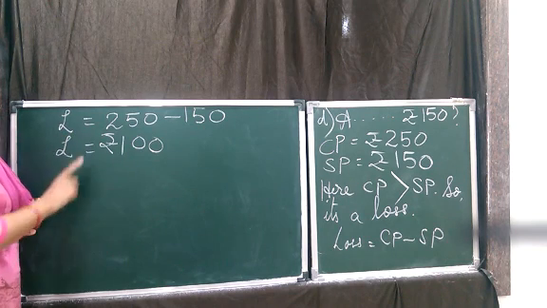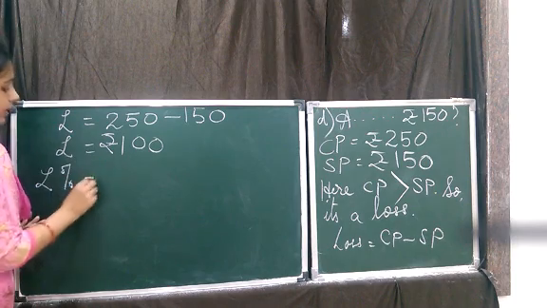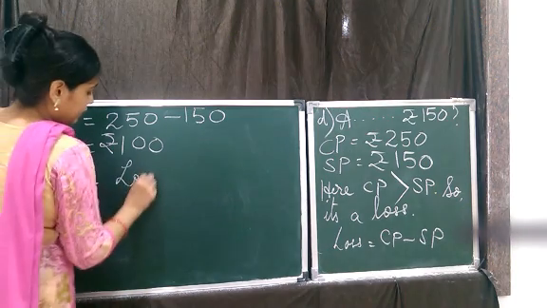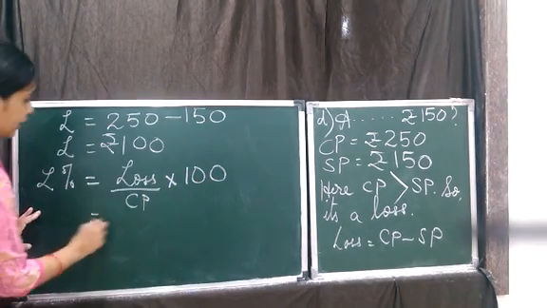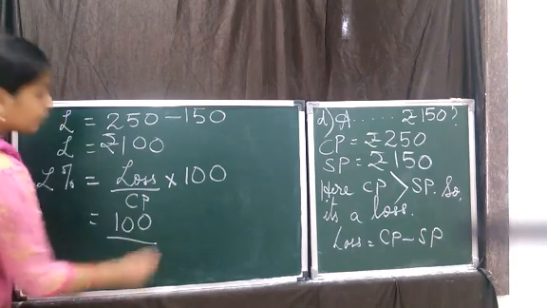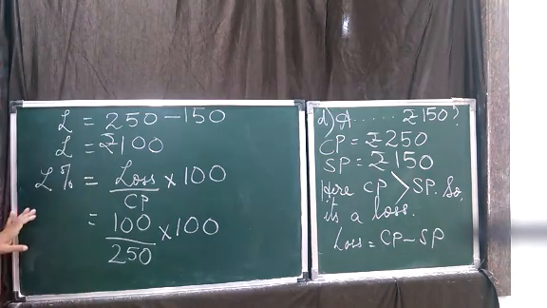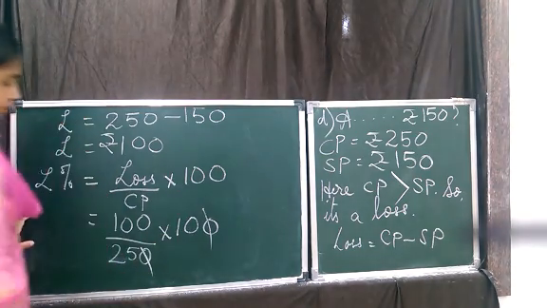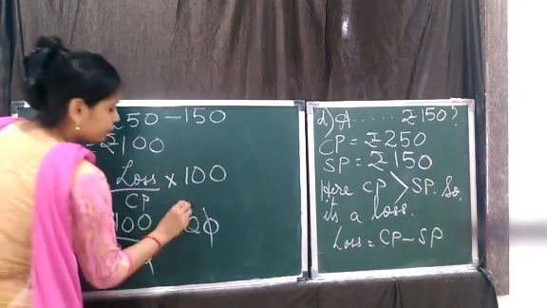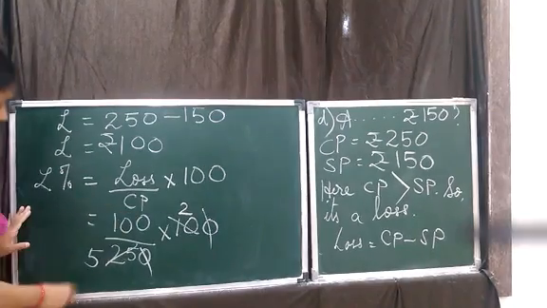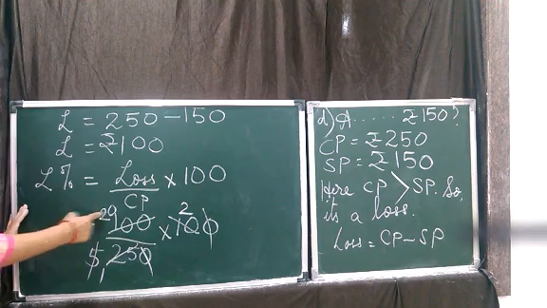This is not the loss percent. This is the loss. Now we have to find the loss percent, and we have already studied the formula for loss percent, that is loss upon CP into 100. And how much is the loss? 100 upon how much is the CP? 250 into 100. Now let's cut down the zeros. Only one zero gets cancelled. Now 5 5s are 25, 5 2s are 10. Then this 5 and 100 can get cancelled. 5 1s are 5, 5 20s are 100. Now 20 into 2